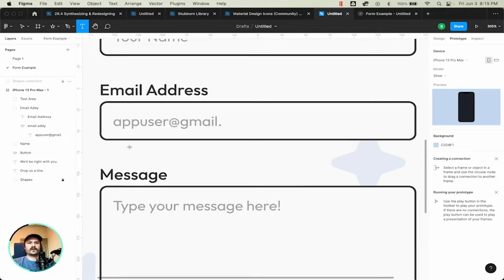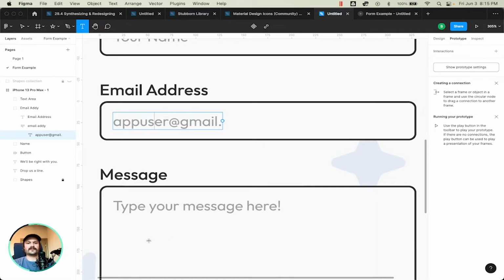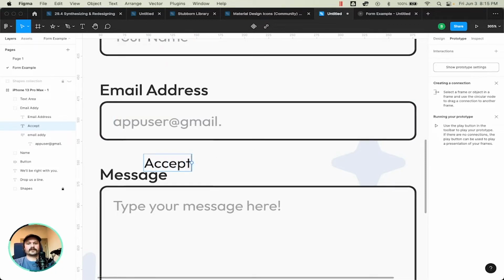And so while the user is typing this in and they tab to the next field, or they go on to this text area here, you may have some text here that says, and I definitely wouldn't word it, ooh, that's not how you spell anything. Accepted input type